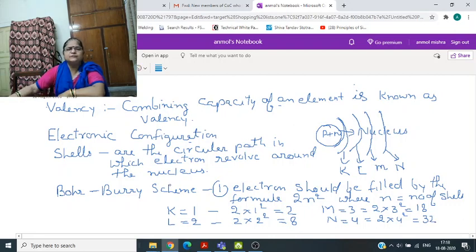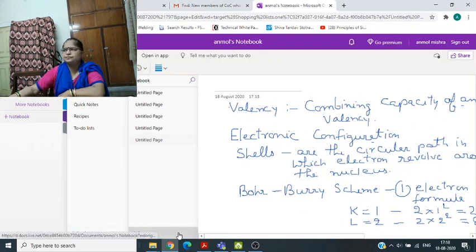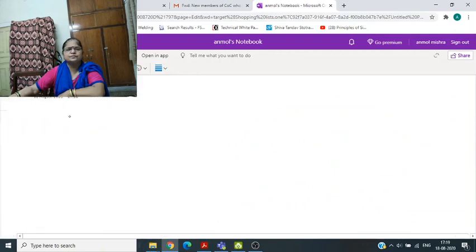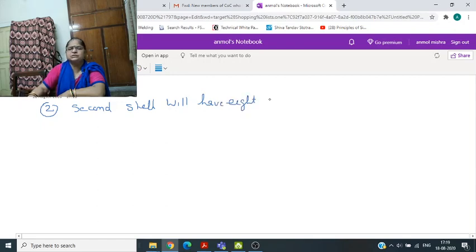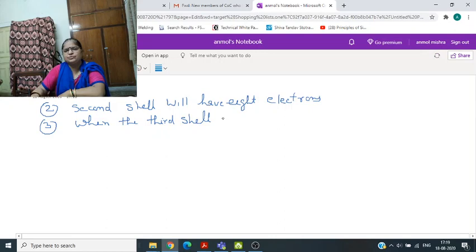Now second rule is that the outermost shell will have 8 electrons, and the third rule states that when the third shell will acquire 8 electrons,